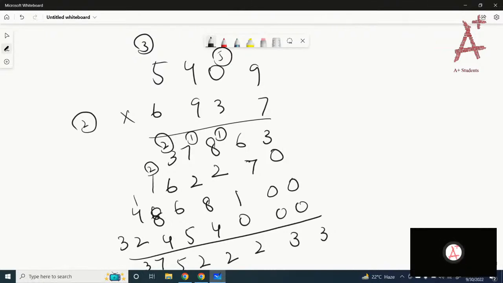So you can complete the topic by yourself later today. So we have done 4 of the topics today. You can find these lessons on aplusstudents.com. So you have to go to grade 6 maths. We are doing the second chapter, that is multiplication, and today we are done with this chapter. The topics we have covered